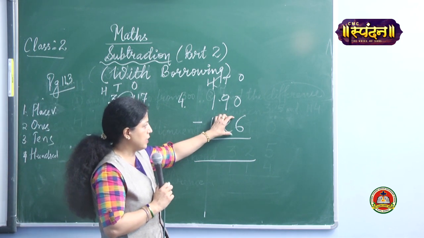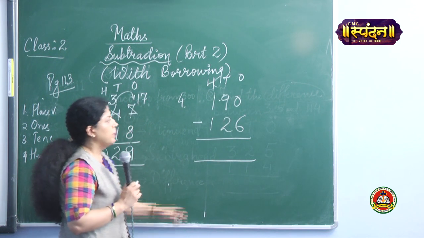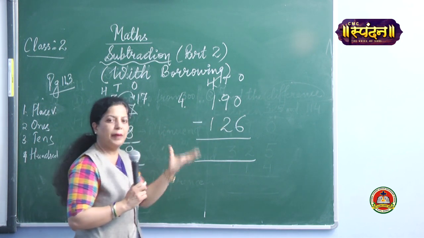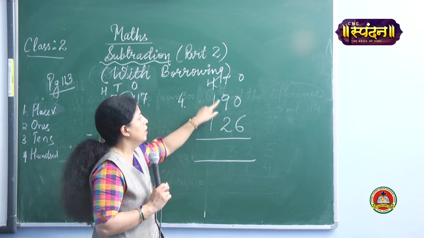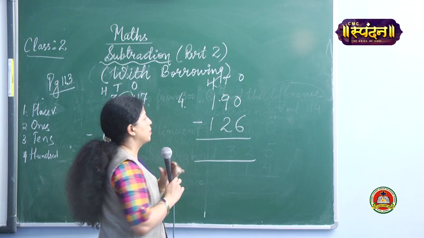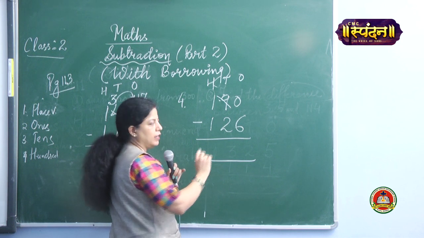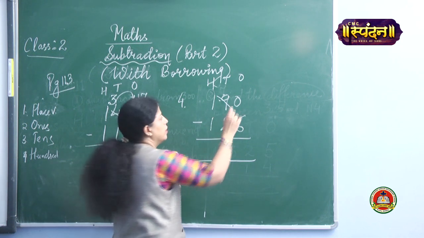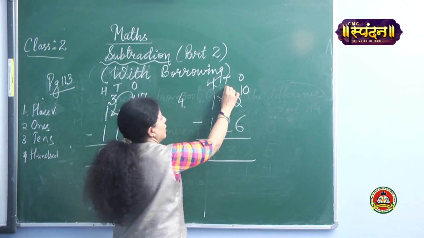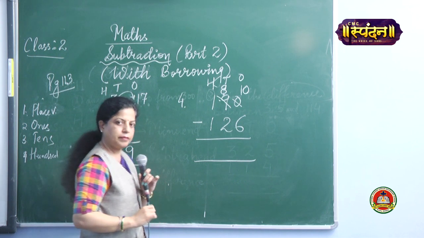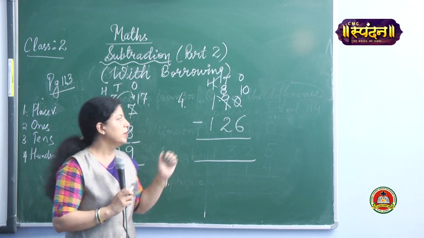Can you subtract 6 from 0? No, we cannot. Isn't it? We have to make this 0 a bigger number. But how? It will borrow. It will take 1 ten from this tens place number, and when this tens place number gives it 1 ten, it is already 0, so 1 ten plus 0, it will be 10. And after giving 1 ten from 9, it remains here 8. Now the 10 has become bigger and we can now subtract 6 from 10.